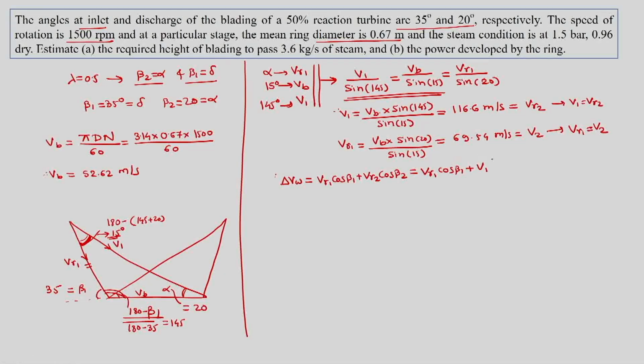VR2 is equal to V1 into cos of alpha. So we can use either of them, and then we can find out delta VW, and delta VW for us becomes